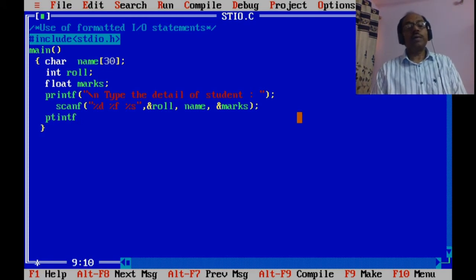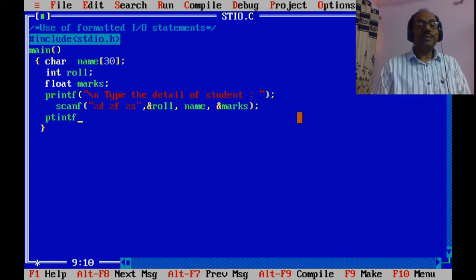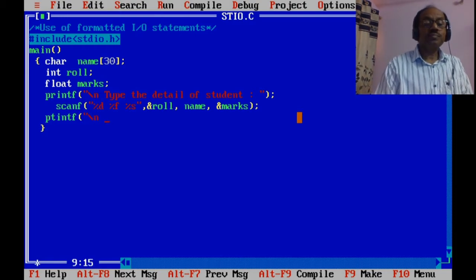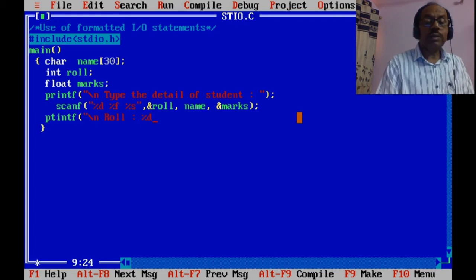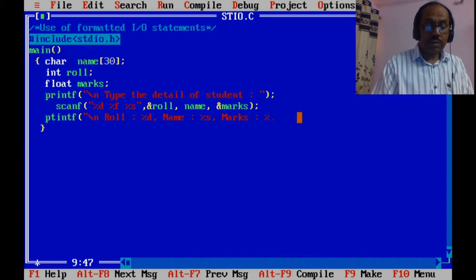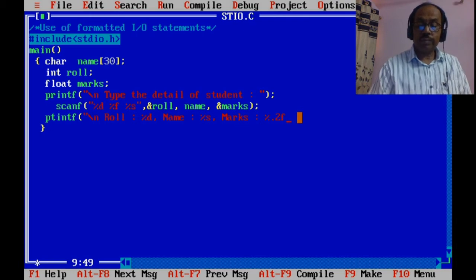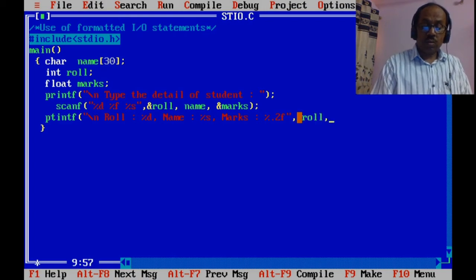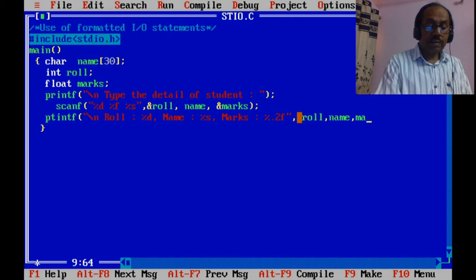Here the label and the output will be shown in a single statement. printf \n for roll %d name %s marks %.2f. Roll, name and marks.